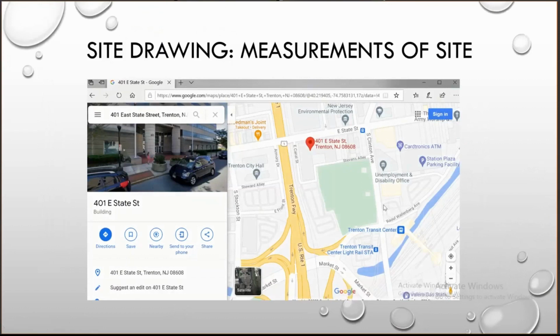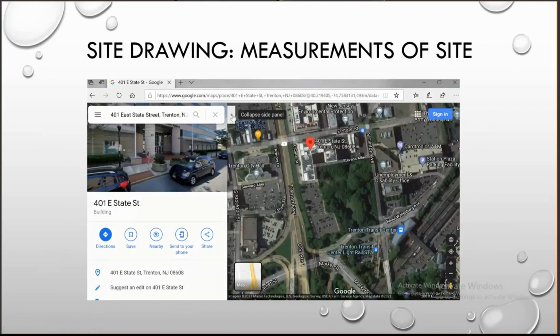So in order to get approximate site measurements, I usually use Google Maps. So you enter the address of the site there, and you'll get your map coming up here. So the first thing I do is I click to satellite view, which is down here, so you can get a better visual. I close the side panel,